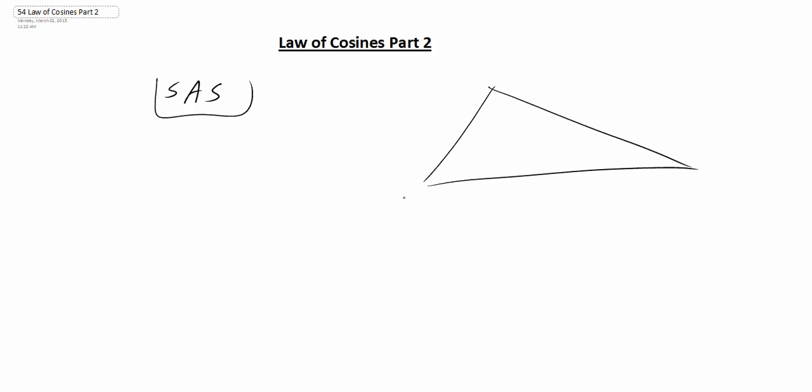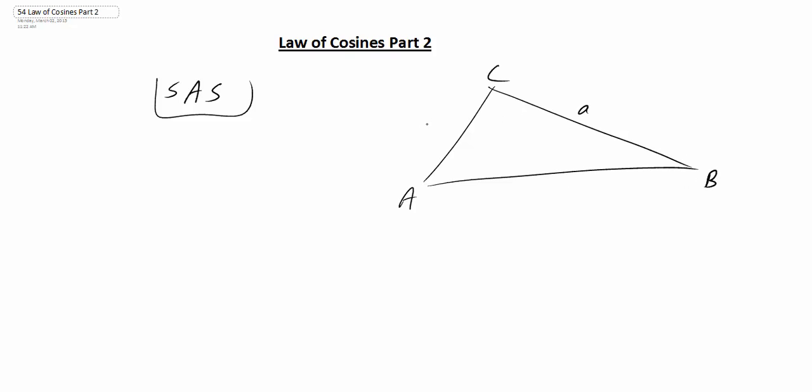Here we're going to continue to look at the law of cosines, but in this video we're now going to look at how we can handle it if we're given side, angle, side. So here we're given two sides of our triangle and the angle that is made up from the two sides. In other words, if we're given the following triangle where we have